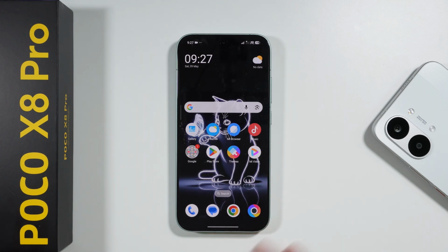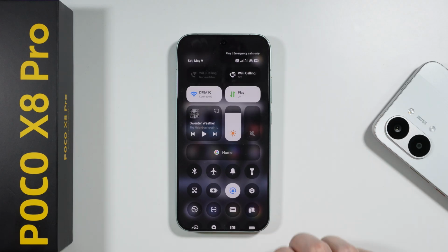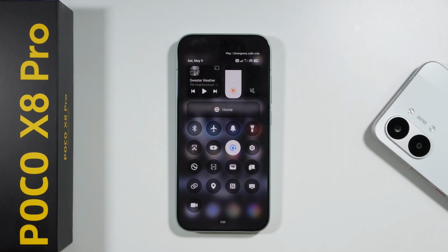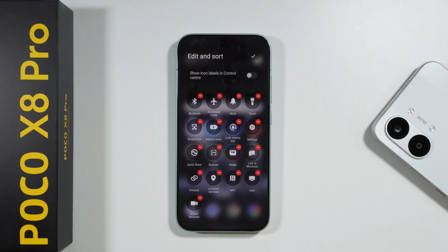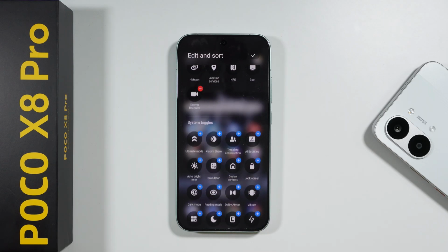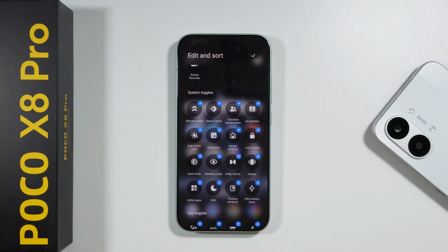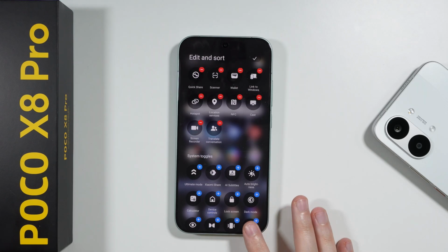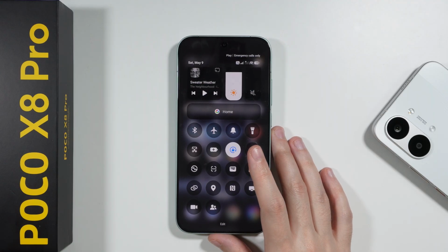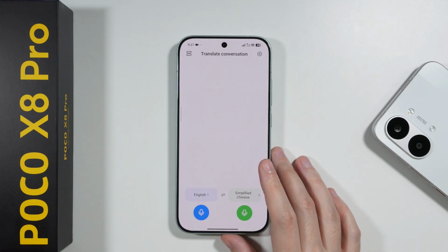To find and use Translator for real-life conversations on POCO X8 Pro or Pro Max, we can go to the Control Center, scroll all the way down over here and use the Edit button. So we're going to edit the Control Center because over here we can find the Translate Conversation option. We can just simply add it to the Control Center. Let's tap on this check in order to save it, and then we can easily open it in order to